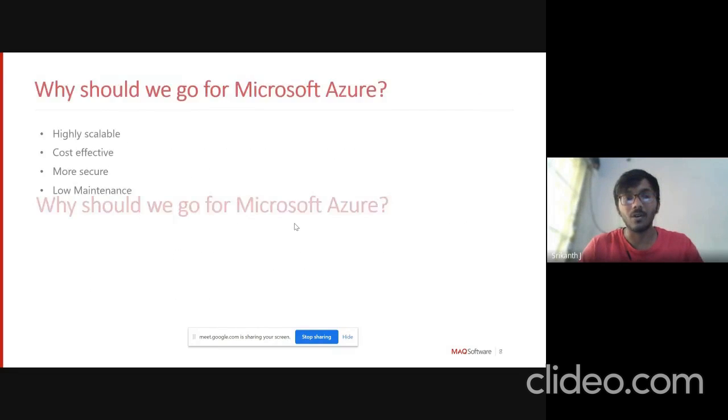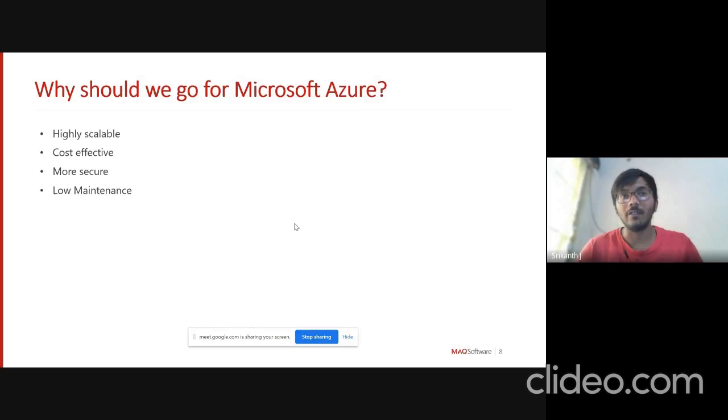And let's see why we need to go for Microsoft Azure. The first thing is that it is highly scalable. Let's suppose today I have data of 100 GB and tomorrow I have data of 1000 GB. If you go with any on-prem services, you need to physically add your disk. But when you go with Microsoft Azure, you just need to scale up your service. Say now I have it at 100 GB and I want to move it up, you just need to scale it up and apply, and it will internally do its process.